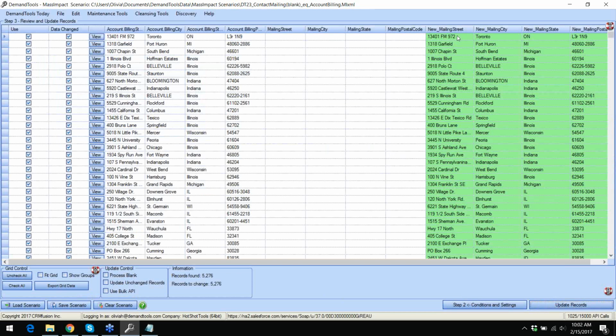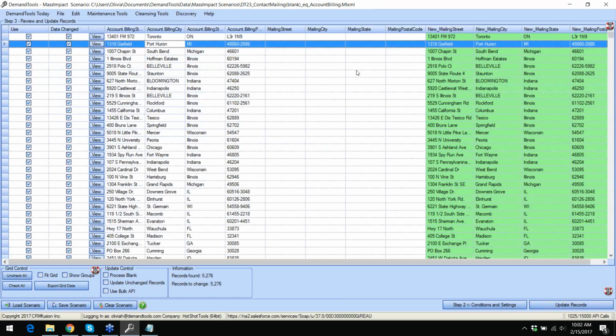All right, so take a look. What we have here in the green is just a copy of what's over here on the account, and the contact will absorb that. All right, now we're working with some smaller subsets of data, but another option on your grid that I wanted